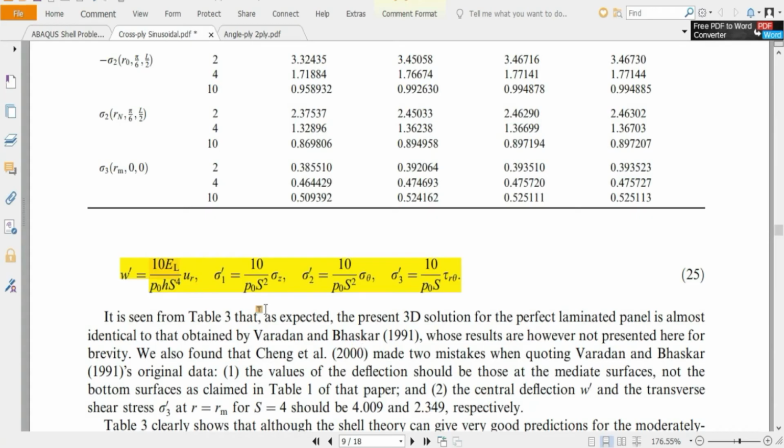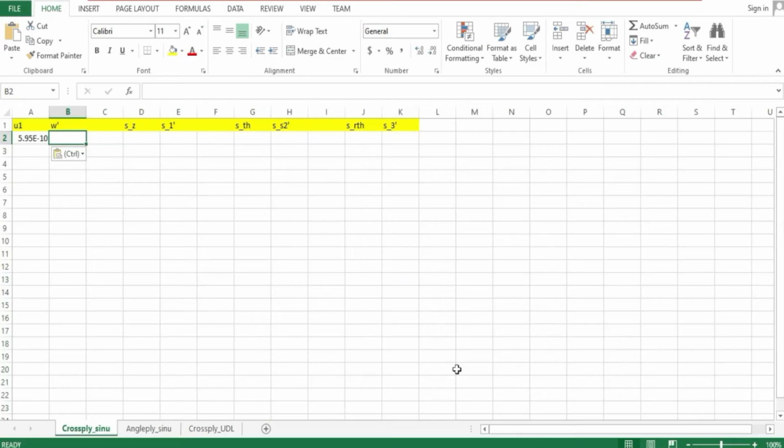However, the values need to be non-dimensionalized as per this formula. So we need to non-dimensionalize the actual displacement value, which is quite small.